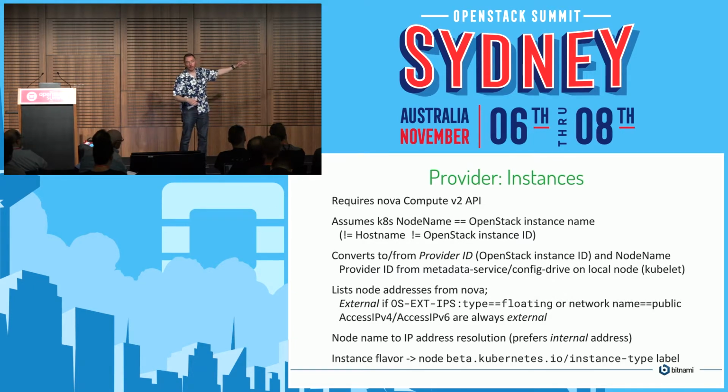So if you don't have Nova available, it would be an odd OpenStack install. But if you didn't, then this would just quietly not be supported, but other portions might be. So you could use Cinder, for example, or whatever. Most of them come down to Nova. You could use the LoadBalancer without using this API.